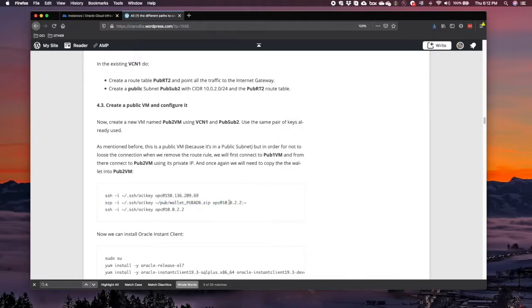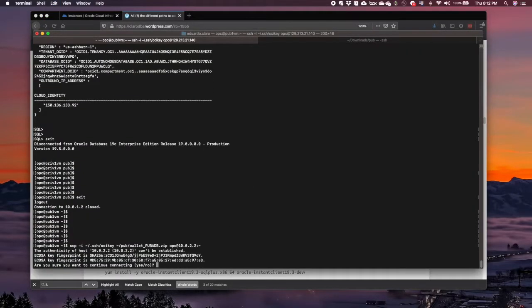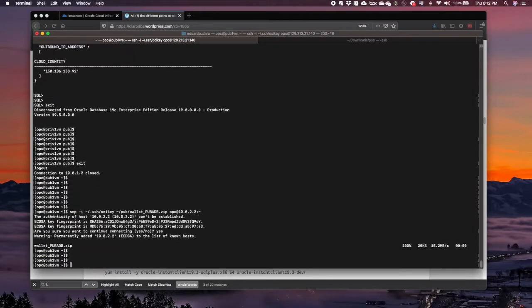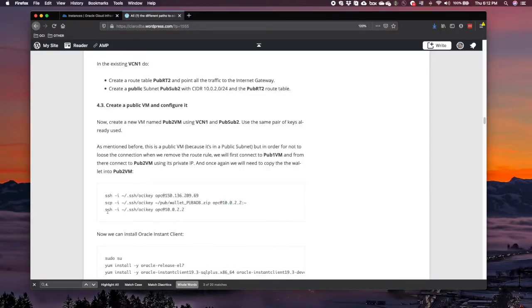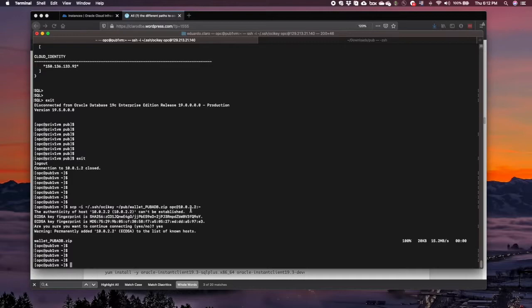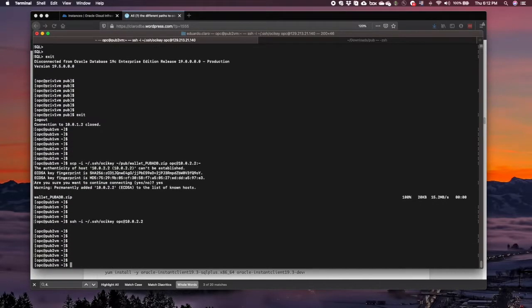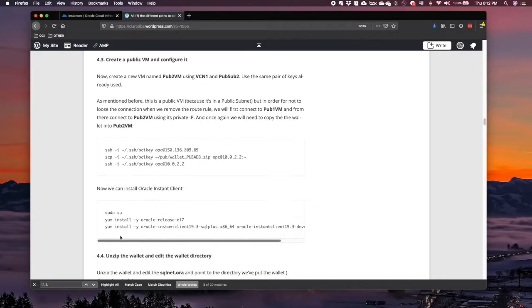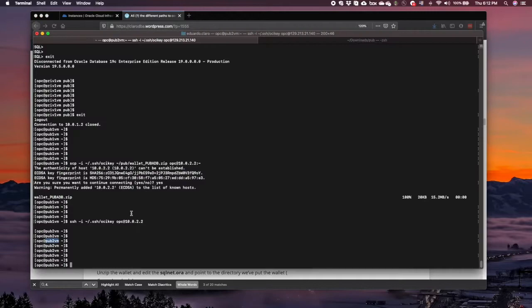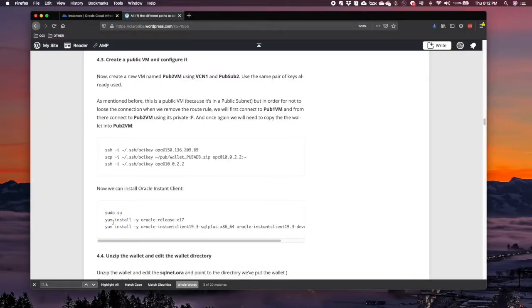Okay, it's this very same IP. Okay, first connection, I copied, then I'm gonna connect to this VM. Okay, so please note here, pub2 VM. Okay, this is the new VM I have just created,